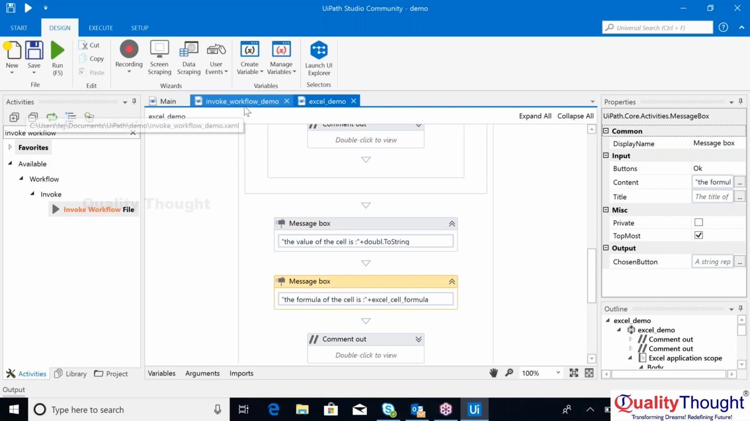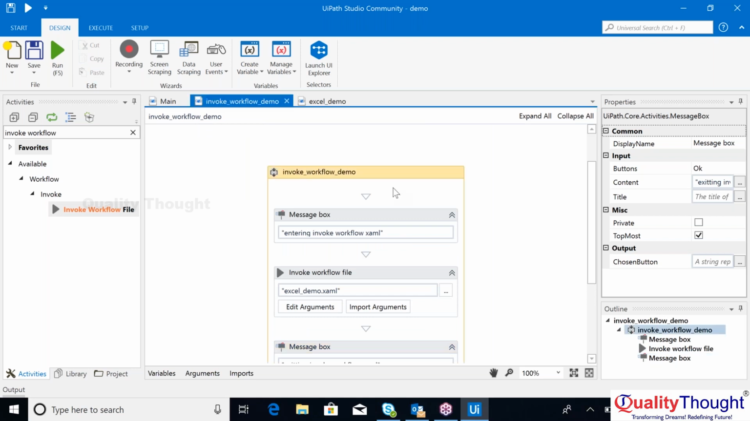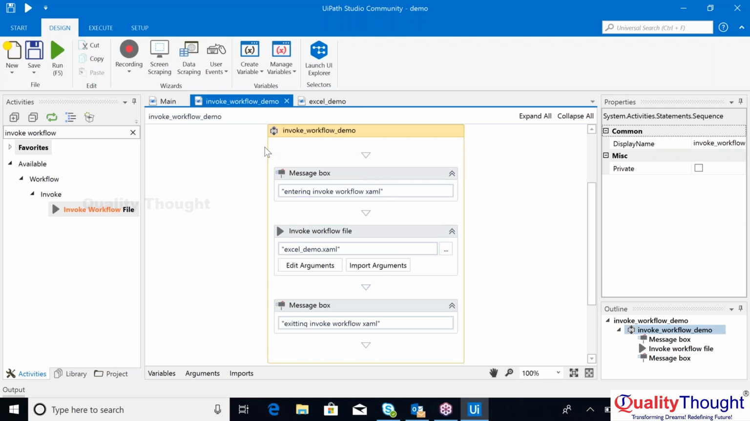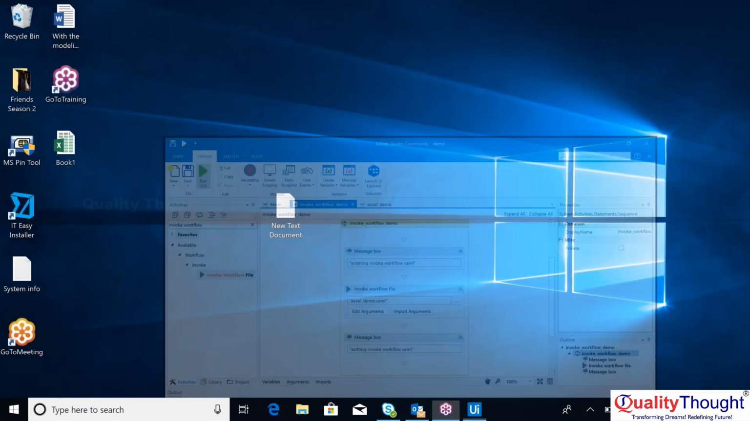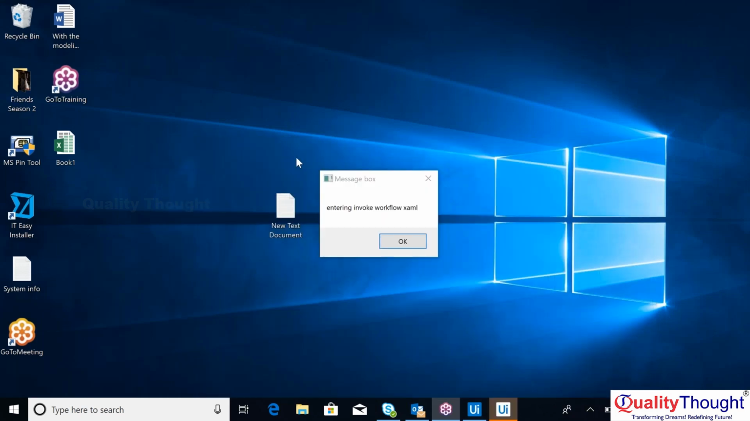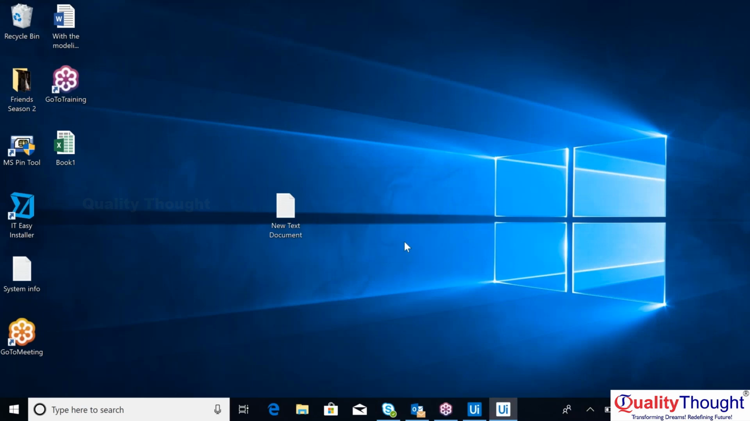So now let us go to my Invoke workflow and I'm running this XAML. I'm not running Excel demo. Instead, I'm running my Invoke workflow demo. So now when I trigger this, okay, this is the first message box, which says it is entering Invoke workflow XAML. So this was our first message box. And then